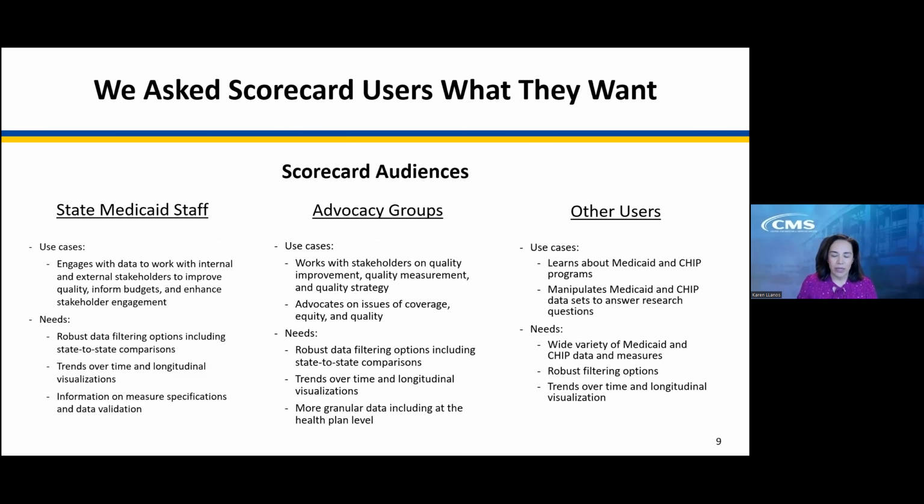Again, we meet with our users every year in different ways. This is a quick slide that shows, as we went into a huge redesign, our first redesign since launching, we asked different types of groups. We asked Medicaid staff at all levels, advocacy groups, and other types of users. And we started building use cases. How do you use the scorecard? We would ask easy questions: go into the site, try to find this one measure.